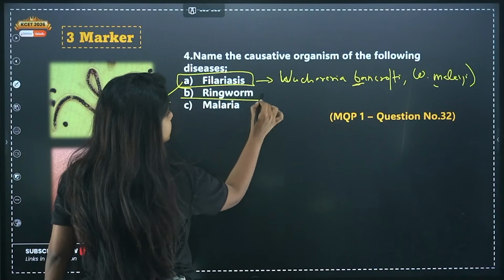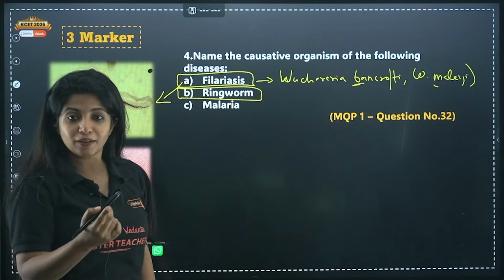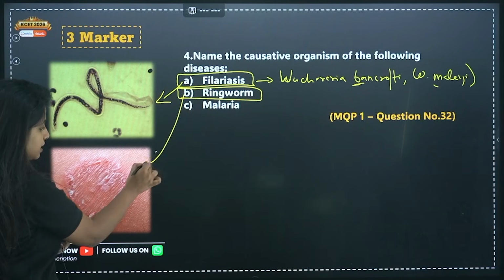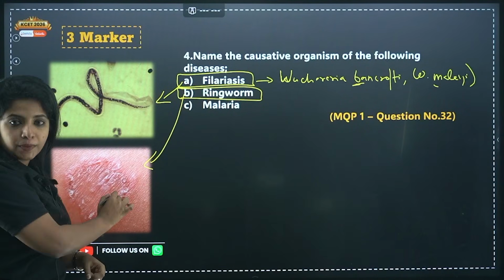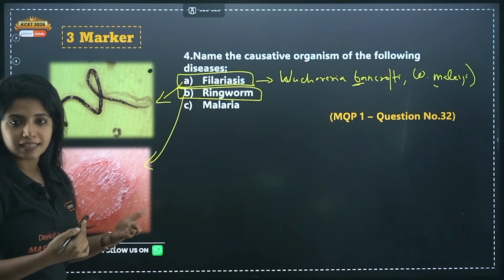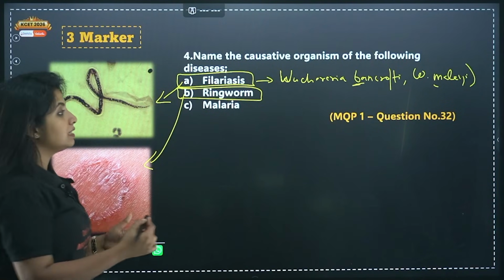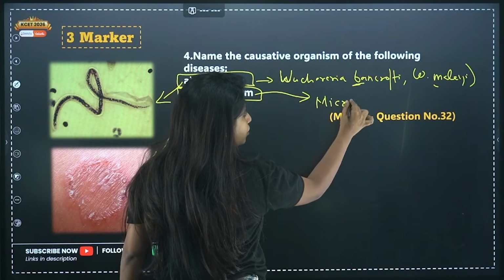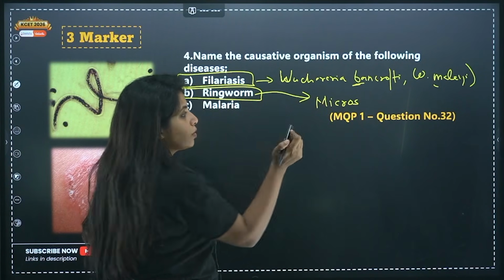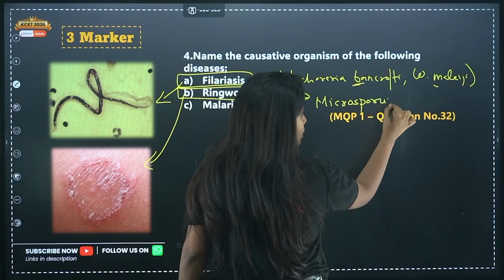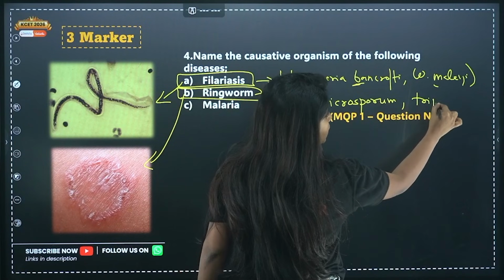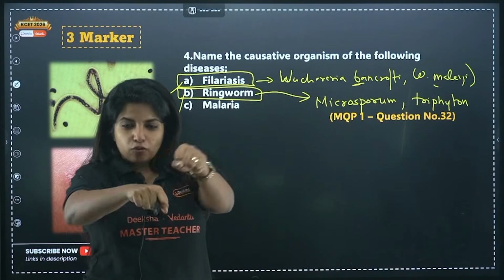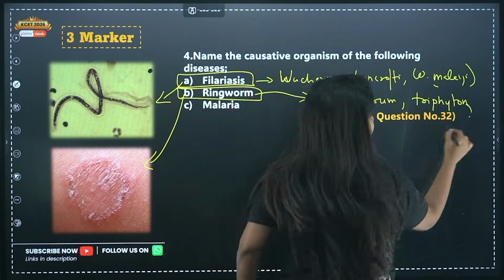Now ringworm disease. You think that ringworm is caused by a worm. Basically ringworm disease is known like that because it makes a ring shaped structure. But it is actually a fungal disease, which is caused by Microsporum. You can think of microspore. So Microsporum, or it can be Trichophyton. These are all different types of fungus. Trichophyton. So there's a fight happening between Trichophyton and Epidermophyton.